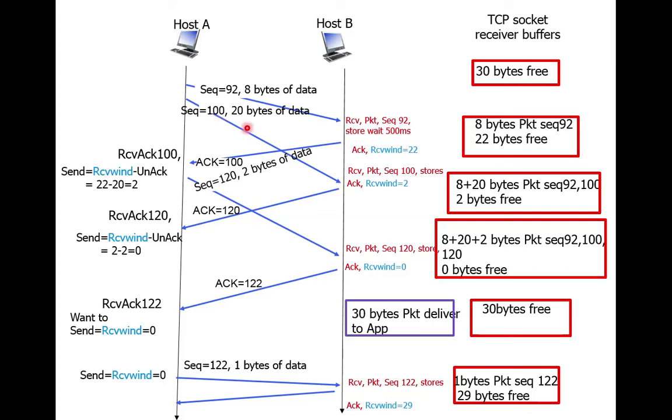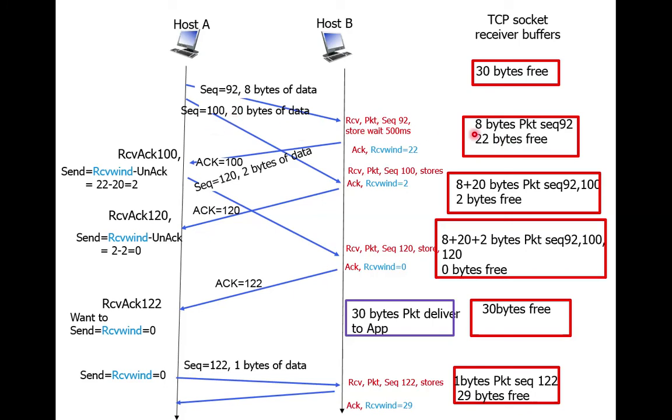Because the acknowledgement for the 20 bytes is not received, it means it is on the way. When it is also received, then this buffer space will have only 2 bytes of space. That's why host A subtracts the unacknowledged bytes from the receive window. So 2 bytes are sent. If the 2 bytes are sent and the 20 bytes are also received, then 2 plus 20, 22